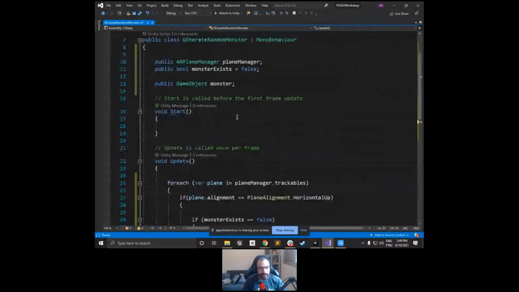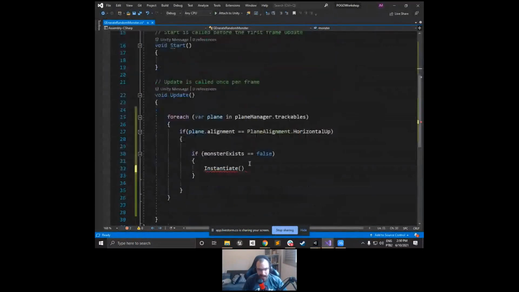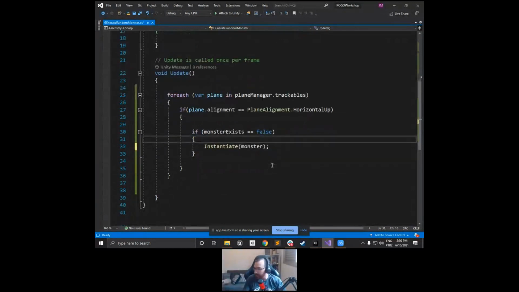The first thing that I need to do here is basically say what I want to instantiate. In my case, I want to instantiate the monster. So basically, it's instantiating the monster for me. When we don't say where, it's going to instantiate at 0, 0, 0, in the origin of the world. That's not what I want to do. I actually want to instantiate that in the position of the center of the plane, right? I want to instantiate that in the plane that was identified. So it's going to be on my couch or on my carpet, whatever plane is identified in there. So I will just get the